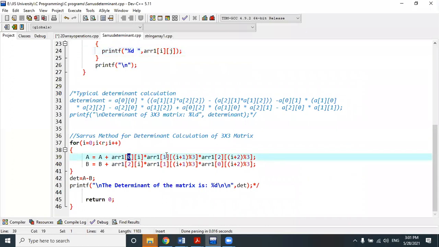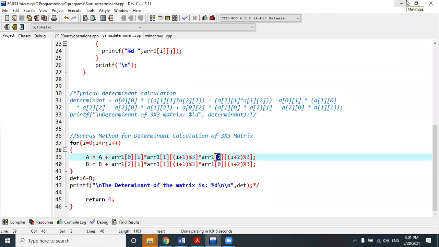So that's why I have made this one 0, this one 1 and this one 2. I fixed it as 0, 1, 2, because each time it is changing 0, 1, 2. So for each and every individual term, I has been changed in a fixed order 0, 1, 2. Is it clear to you? Did everyone understand?